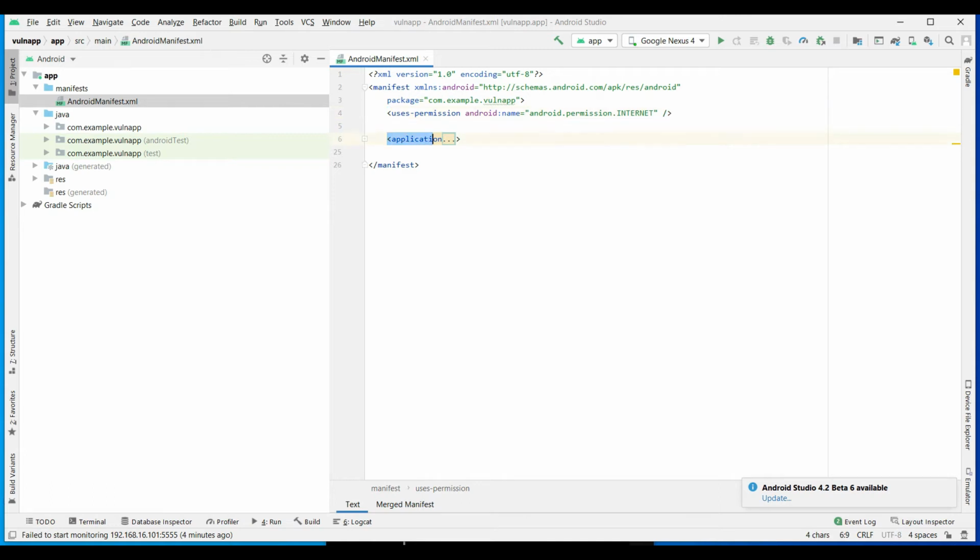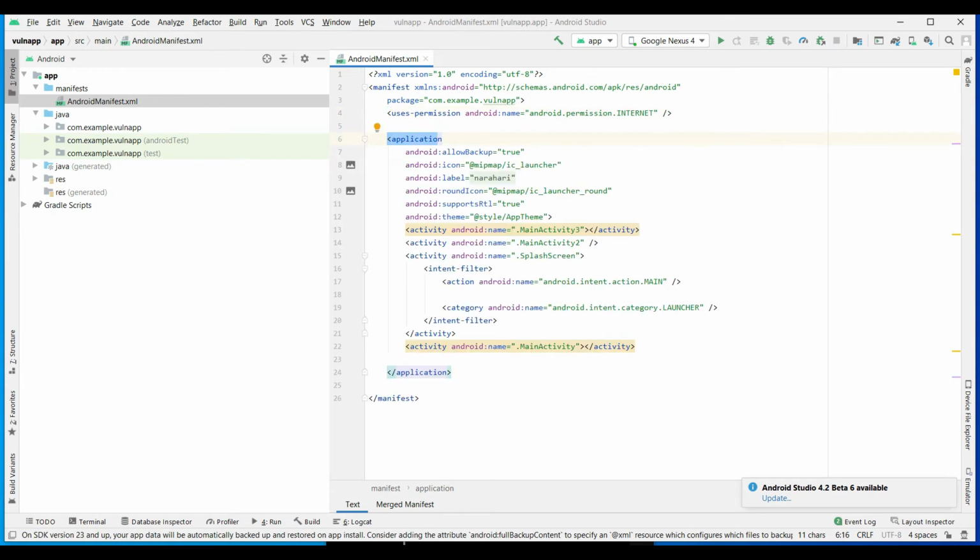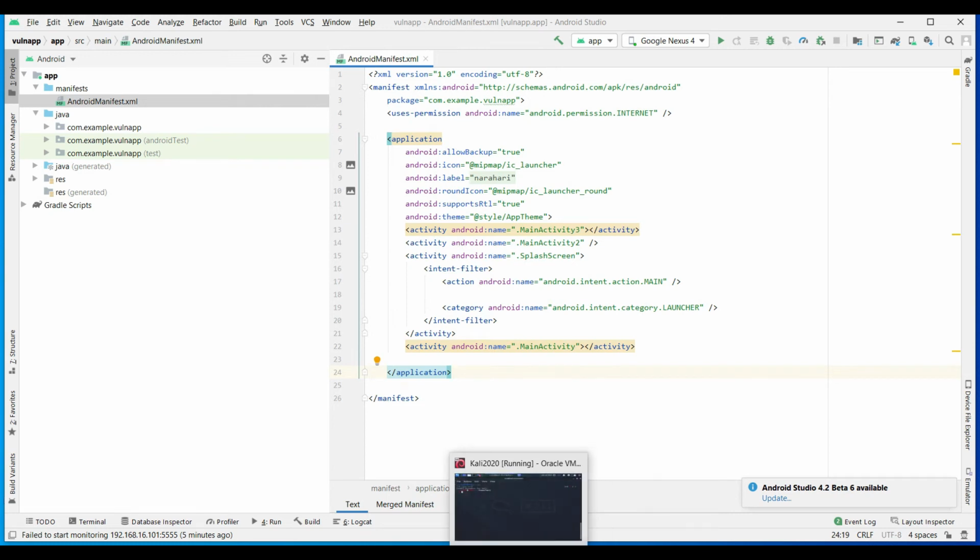The next thing that comes is the application section. If you press here, and we will get in depth on these things in the static analysis section, I'm just showing you how an application looks. Here we can see that activities play an important role inside the application section. From this we can see how many activities there are: one activity, two activity, three activity, four activity. It means that this application has four activities. Wait, let me run the application.